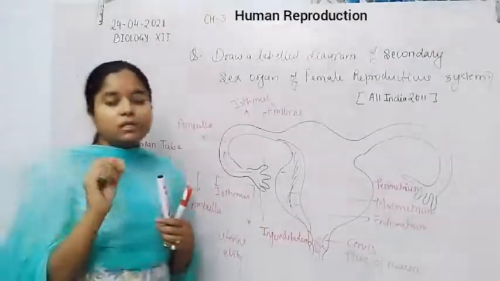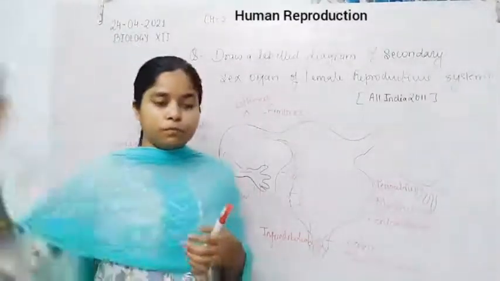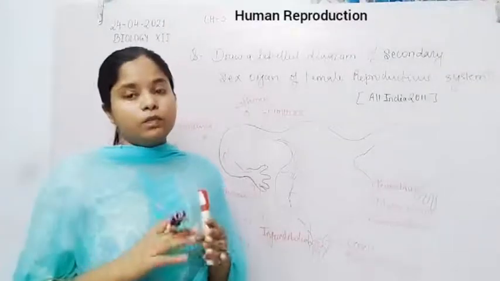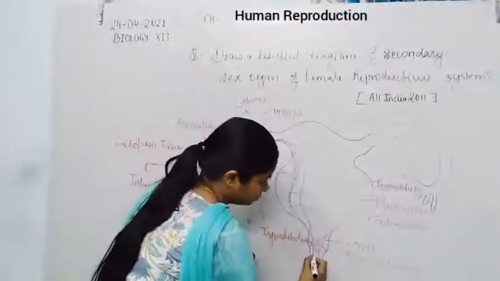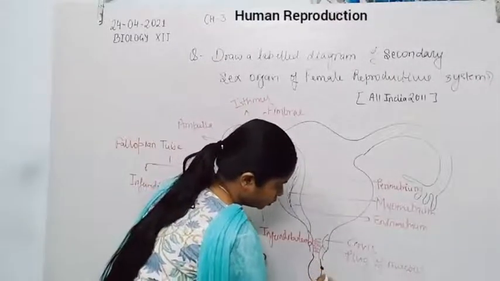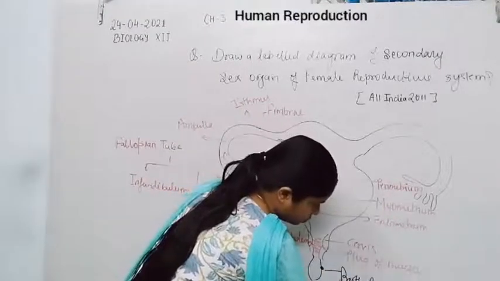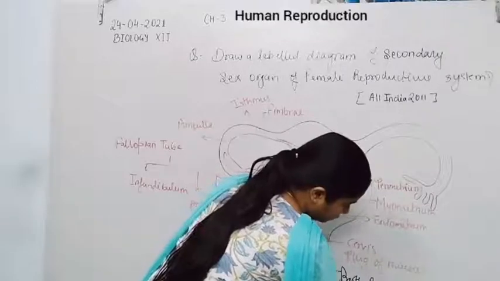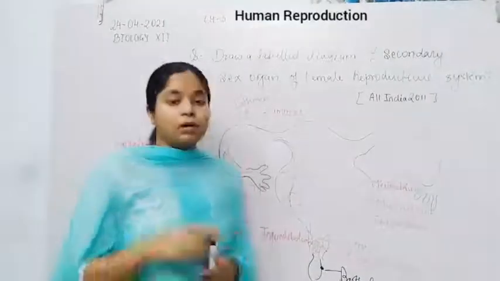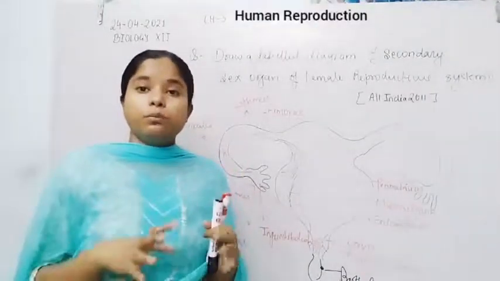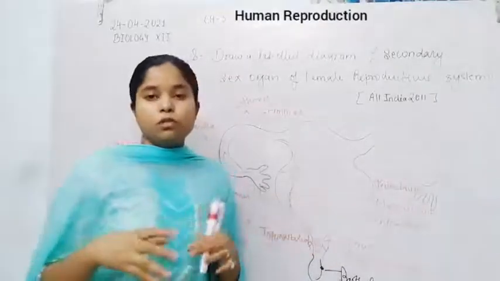Now the second structure is the accessory gland. Only one accessory gland is present in the case of females, that is present on either side of the vagina, that is Bartholin's gland. So a pair of Bartholin's glands is present on either side of the vagina, and they also support fertilization. They release mucus or fluid,